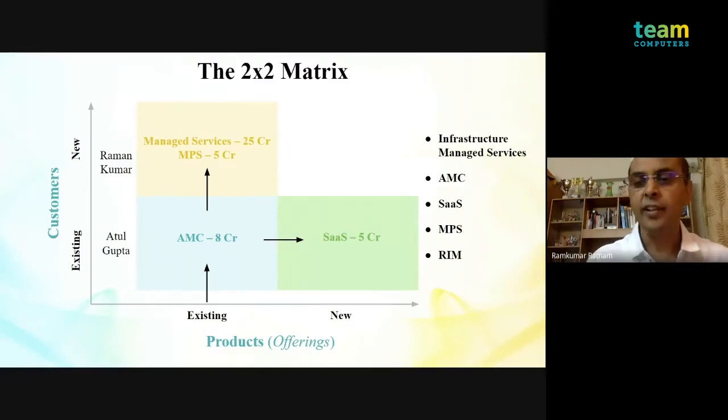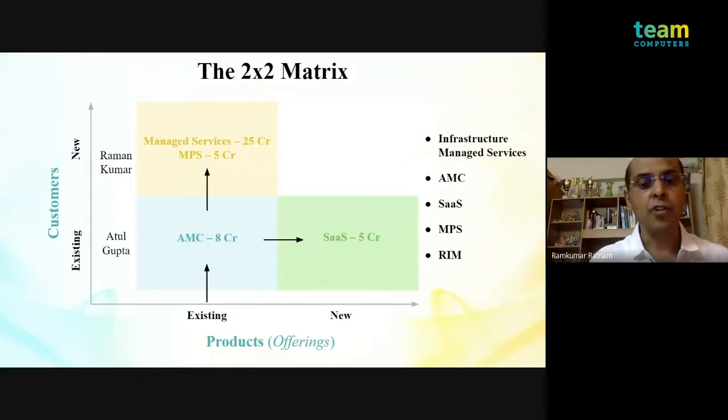Now, you still have no substitute for going through the same sales cycle. You have to tell him your differentiation. You have to talk about your unique value proposition, what you bring to the table, and you go through the sales cycle of putting in a proposal, defending your proposal, and articulating the value that you can bring to the table. And you end up enabling a sale. So I make a managed services sale. Let's assume hypothetically about 25 crores.